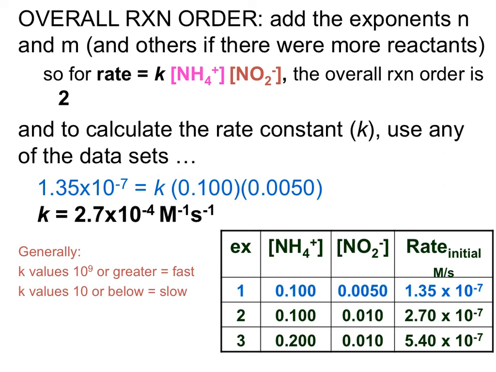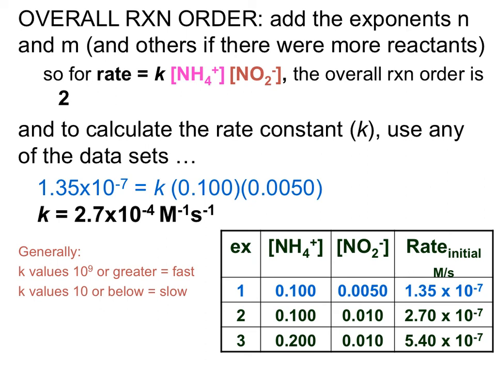K we do not know. We know our concentration of NH4 plus, and we know that it's to the first order. We know our concentration of NO2 minus, and we know that it also is the first order. We carry out the math and solve for K, and we subsequently get 2.7 times 10 to the negative 4th